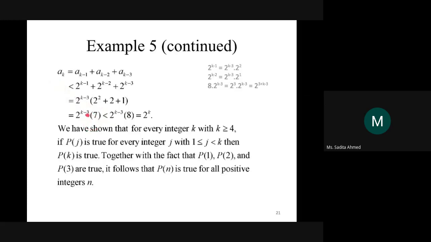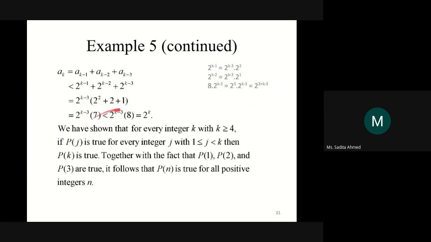If AK is smaller than this, then AK will obviously be smaller than this. Where did the change happen? Only from 7 to 8. We changed from 7 to 8. If AK is less than this, AK will obviously be lesser than this, right? It is already smaller than this. If I shift from 7 to 8, AK will obviously be smaller,